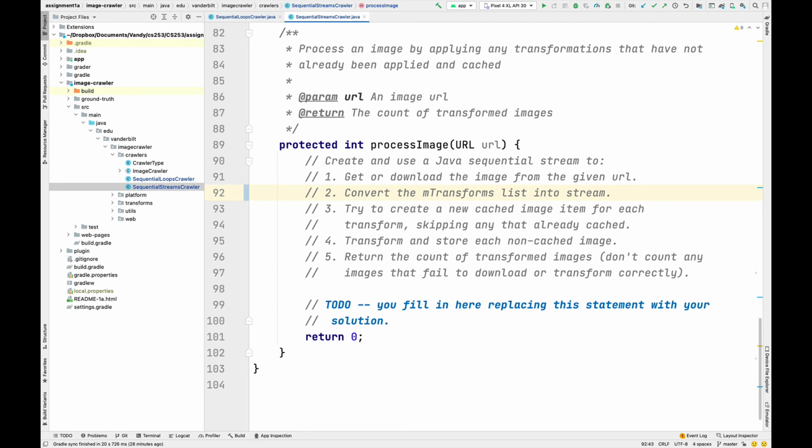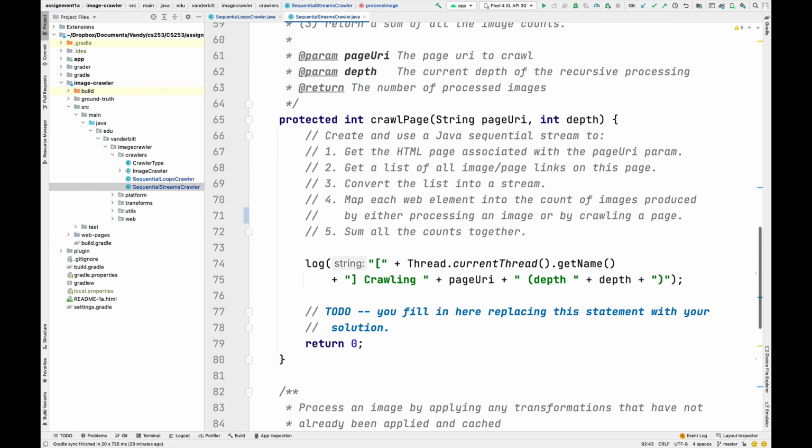And you have to be careful here because you don't want to be counting any images that fail to download or transform correctly. And the unit tests will actually intentionally have things fail. So in that particular case, you want to make sure that you don't count those things. So you'll have to make sure that your filter expression will eliminate anything that didn't work properly. So you return the count from that, and then that, of course, will get percolated back up to this